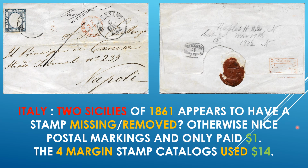Not very expensive for such an old stamp, but I apologize. The phone was ringing, but it was evidently a scam call. It was cut off after one ring, which the block the phone call thing, I guess, provides that service. So that's what I got. Sorry about that. But anyways,